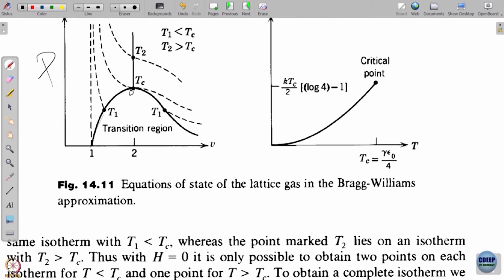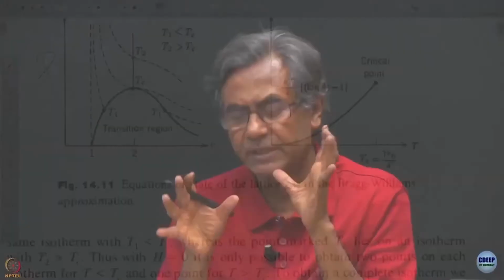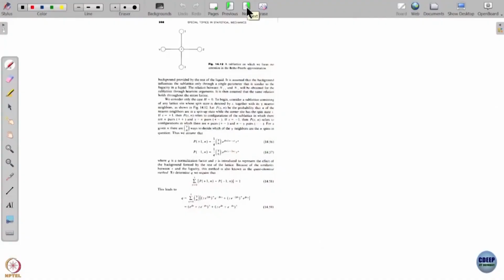And the lattice gas equation of state, and this is the mean field theory, the simplest type of mean field theory, the Bragg-Williams approximation, not too simple as we have seen, but it captures some aspects of the critical phenomena, but does not capture the full aspect of critical phenomena, which requires far more work. And the same thing you get from van der Waals, the same thing you get from Landau theory, and you need to do a lot more work to go beyond this level of approximation.